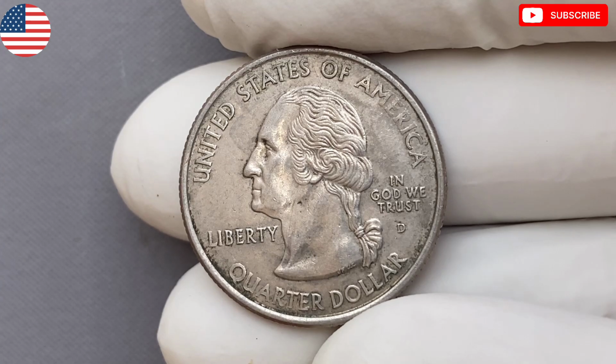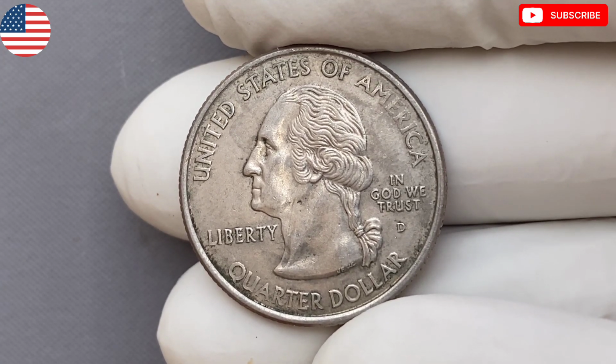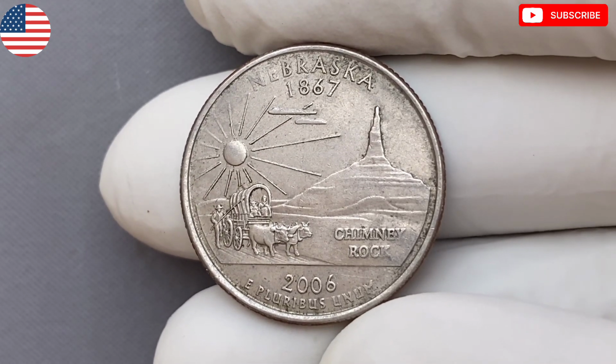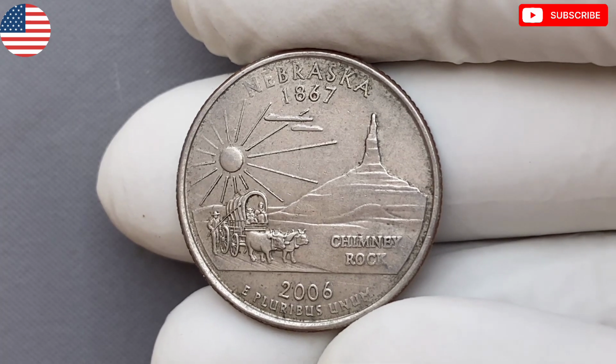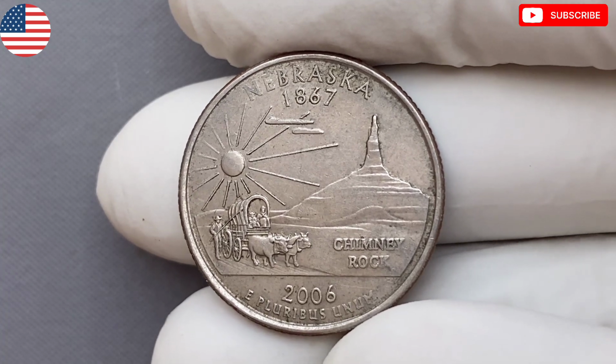You'll see a covered wagon pulled by oxen making its way west across the historic Oregon Trail. In the distance stands Chimney Rock, one of Nebraska's most famous landmarks and a symbol of the journey and the struggle of early American settlers. It's not just a coin, it's a window into America's expansion across the frontier, but beyond the beautiful imagery and